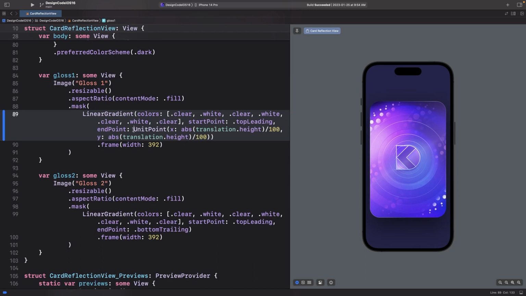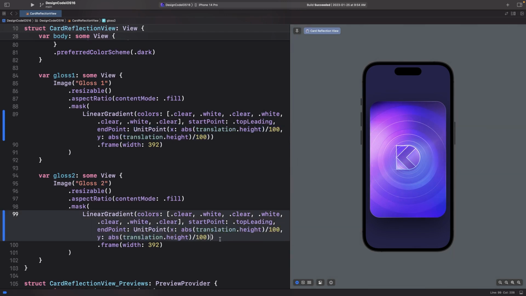So using this unit point formula, we can essentially apply the same for the gloss 2. So let me just replace this. Make sure that it's before the end of the parentheses. So now we have a really cool holographic effect on both layers. So the first layer is just dark and the second layer has a little bit more color, and that creates